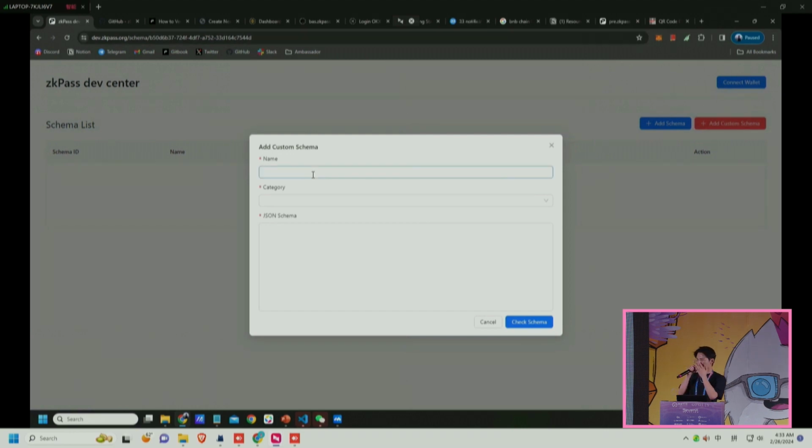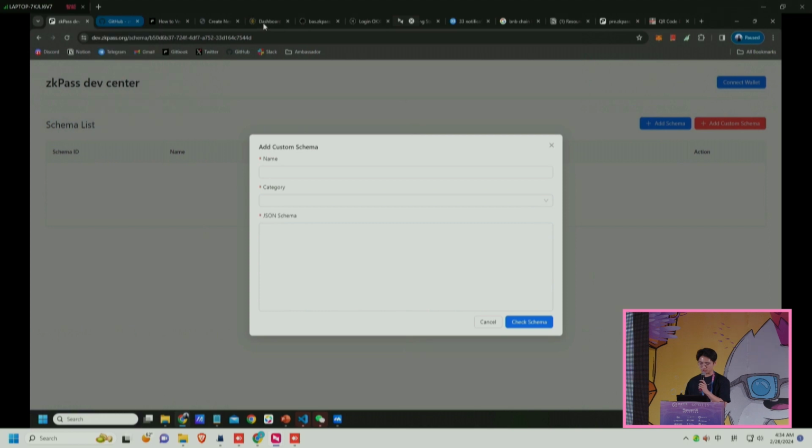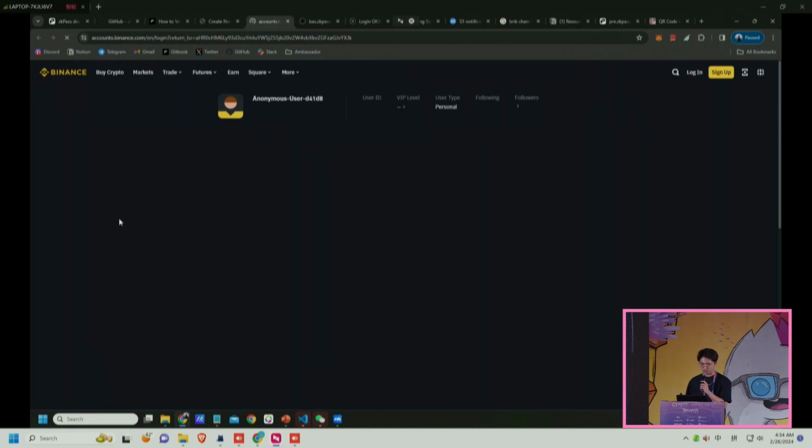Okay, let's just assume we've created the project, because I think there are some issues with the network. You've registered the project. In here, you can select add schema for the pre-built schemas, and you can also create your own schemas. This schema is essentially the JSON response. For example, if you want to prove that your Binance balance is over a certain amount of dollars, what you do is